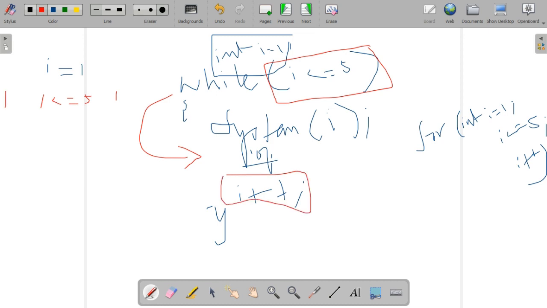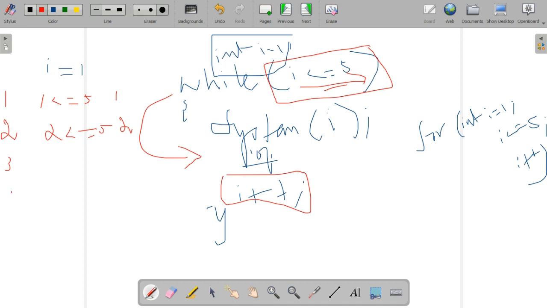Again it will go here, and until this condition becomes false, the loop keeps repeating, or the statement execution keeps repeating. That is the while loop. So again, 2 less than or equal to 5. The condition is true, so it will print the I value 2. Again the increment operator gives 3. Like this it will continue till 4, 5.